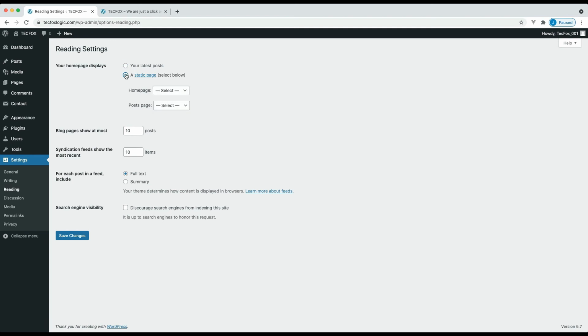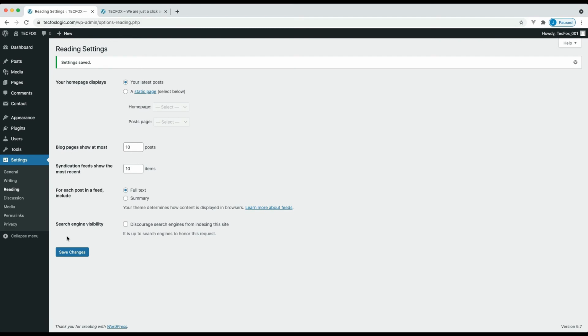You can select your custom home page from the pages section, or you can select the posts page. You can set the number of posts on a page and the number of feeds. For posts in a feed, show full text or summary. I am selecting homepage displays your latest posts. Save changes.